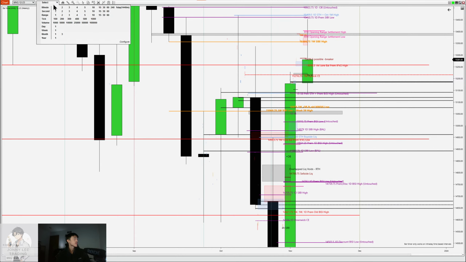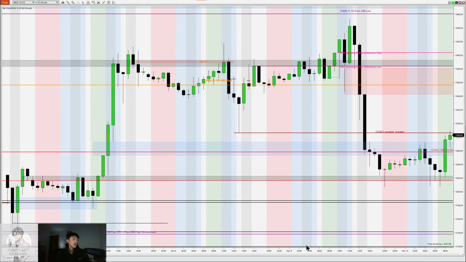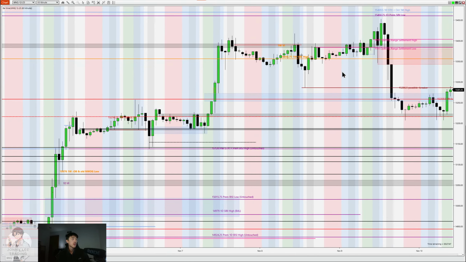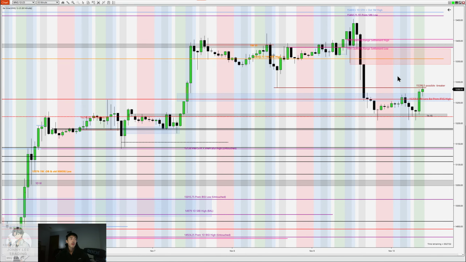Okay, so let's go back down to the hourly chart. It's gonna be a little bit easier to see. All right, so we see a high, low, higher high, lower low. We could treat this as a possible bearish breaker here. This was a previous short-term low. So if we break down from here, that would be plausible, because then we would be treating this as a breakaway gap, and we would have traded to the consequent encroachment of this fair value gap here. I don't have that highlighted, but you can in your charts.